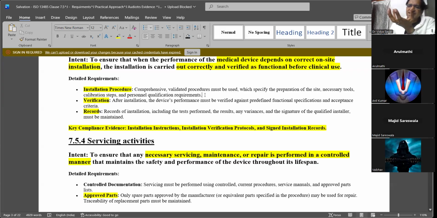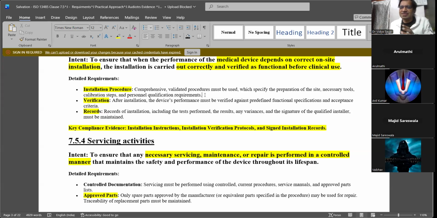So the installation procedure, basically you will get it as a manual. Maybe it could be some of the SOPs made into a manual, you will get as an installation manual for that particular machine. Based on the manual, you need to install that, validate the procedures, and check whether necessary tools are there for installation.